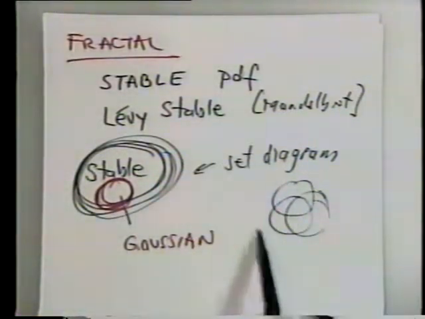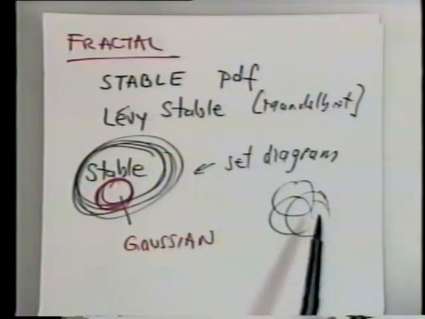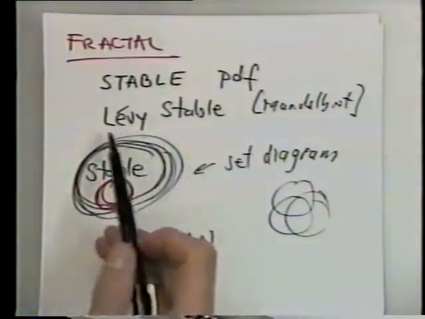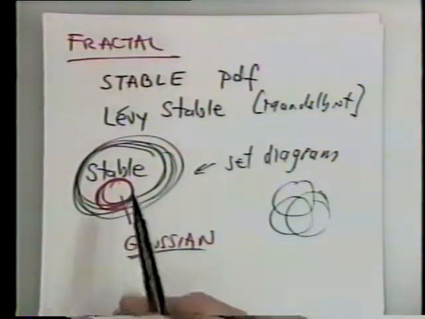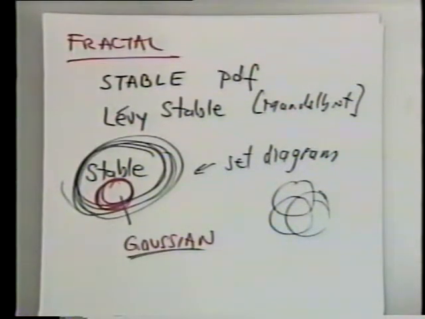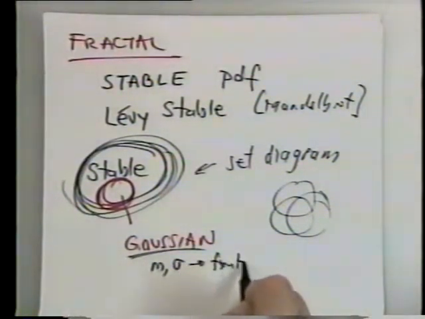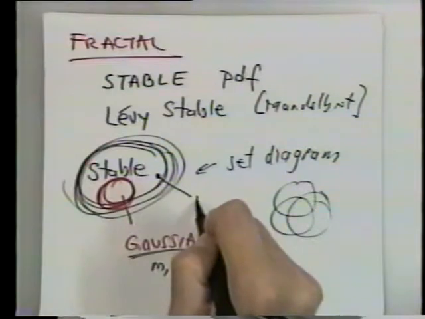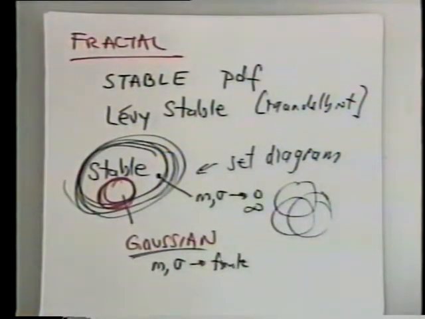This is the sort of stuff that's competing with calculus. Remember I said there's discrete mathematics that competes with calculus. This is from that stuff. So these stable distributions include Gaussian distributions. What I'm going to talk about is not different from Gaussian, but is a more general thing that includes Gaussian distributions as a subset. The Gaussian distributions have finite means and variances, and we're going to see that stable distributions include means and variances that are either 0 or infinite, which is another way of saying they don't exist.